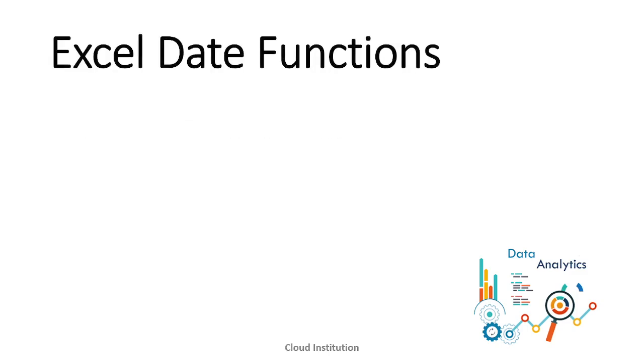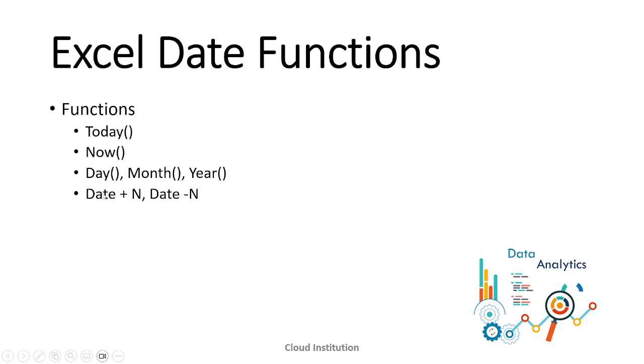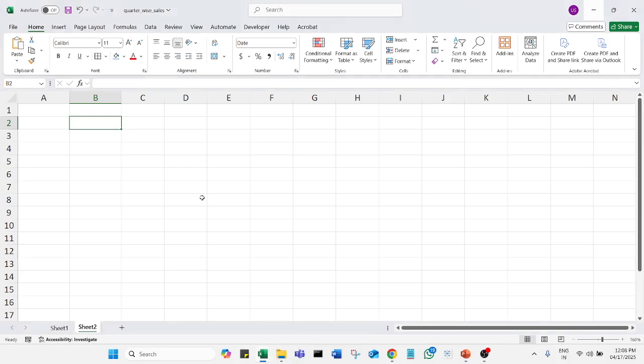Now the Excel date functions can be one of these. One is the TODAY function, then the NOW function, the DAY, MONTH and YEAR functions, and then we can add a number of days to the existing date, or remove a number of days from the given date. We'll see all this. So the first thing, let's head to Excel, and as we saw, you can use Control